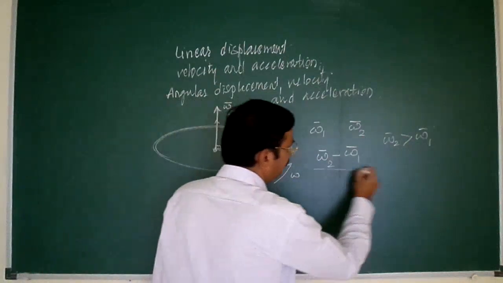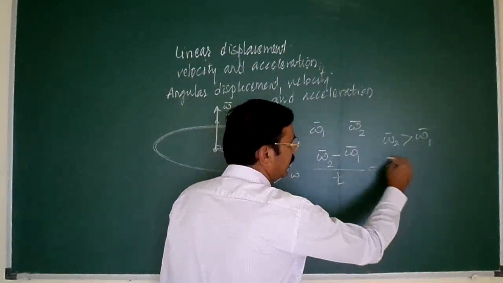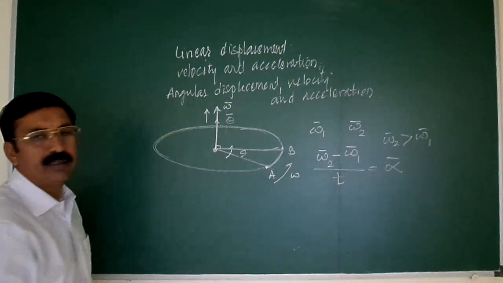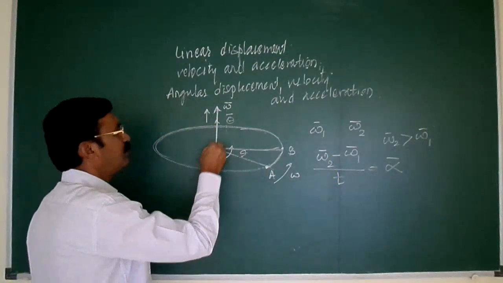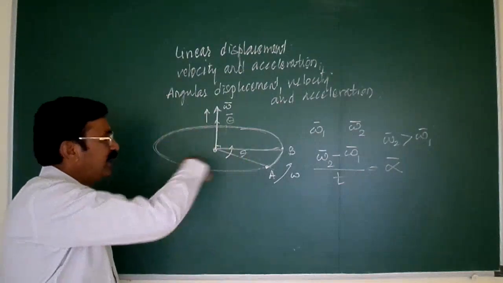Then this difference divided by time will be the angular acceleration alpha, and its direction will be the same as that of omega 2, and it will be perpendicular to the plane in which the particle